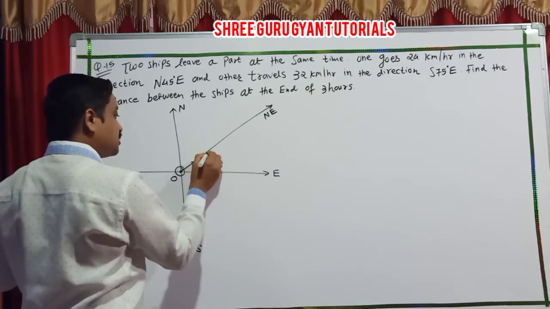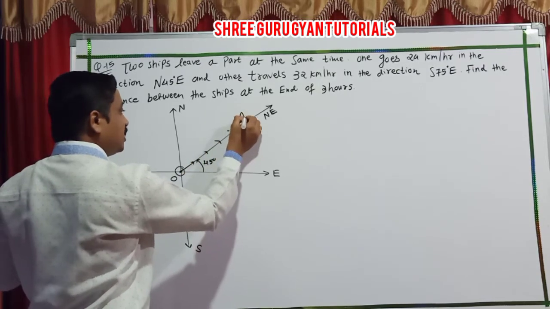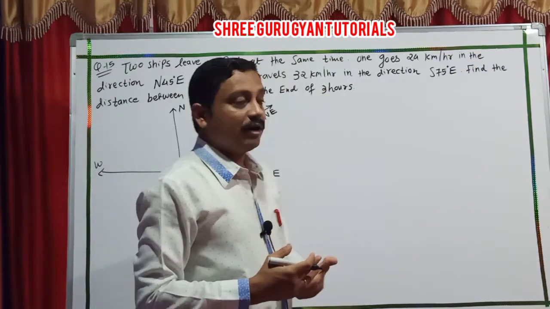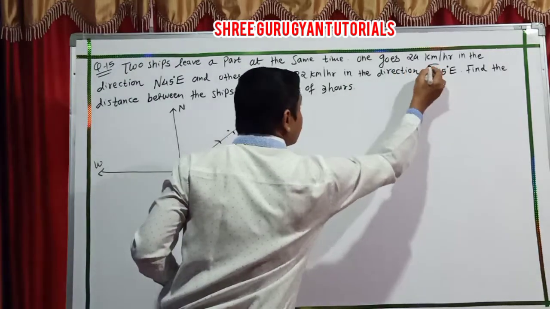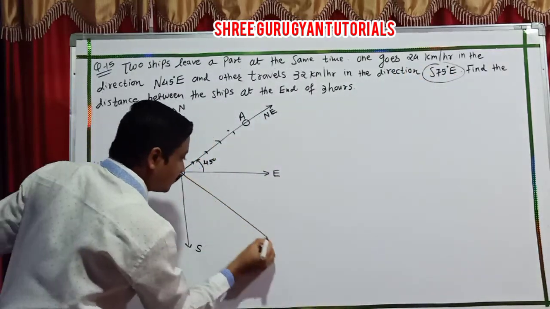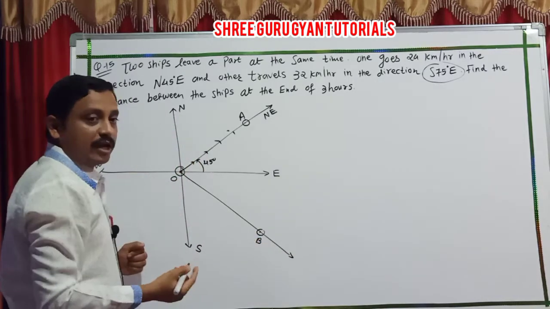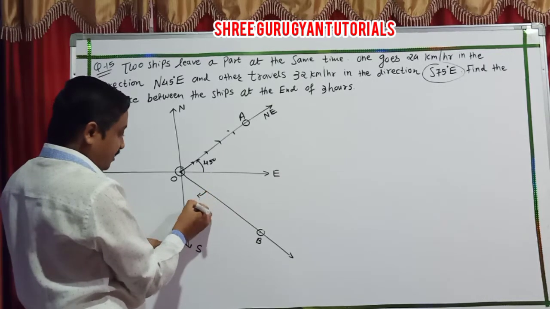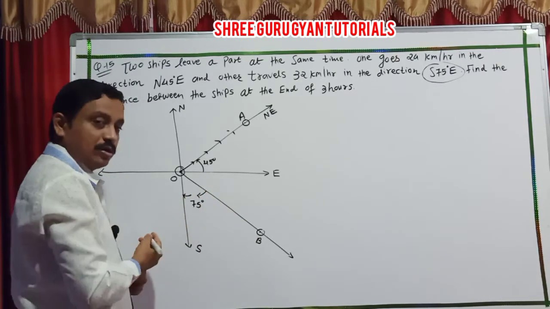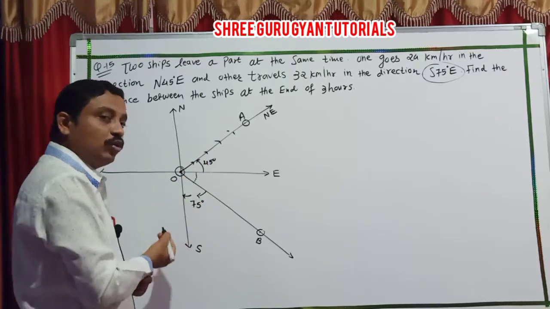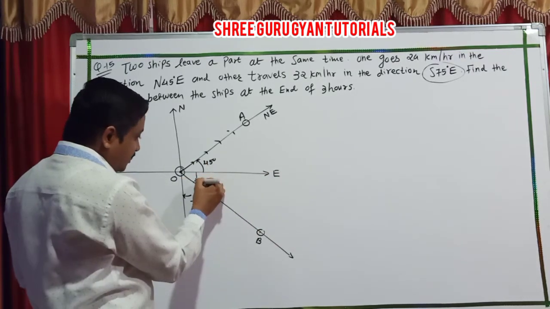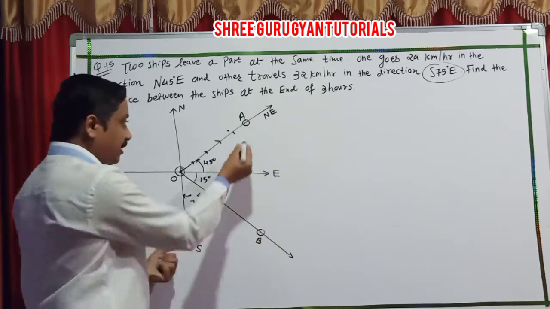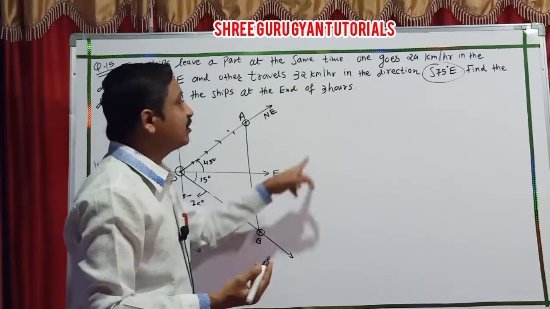Ship A travels here, moving for 3 hours. And another ship goes the same way in the southeast. Southeast means here, students. The second ship goes to be here. And how many degrees is this? South to east, this degree given is 75 degree. So this total from east to south is 90, so that is only 15 degree. And my target is between A and B, this distance after 3 hours.